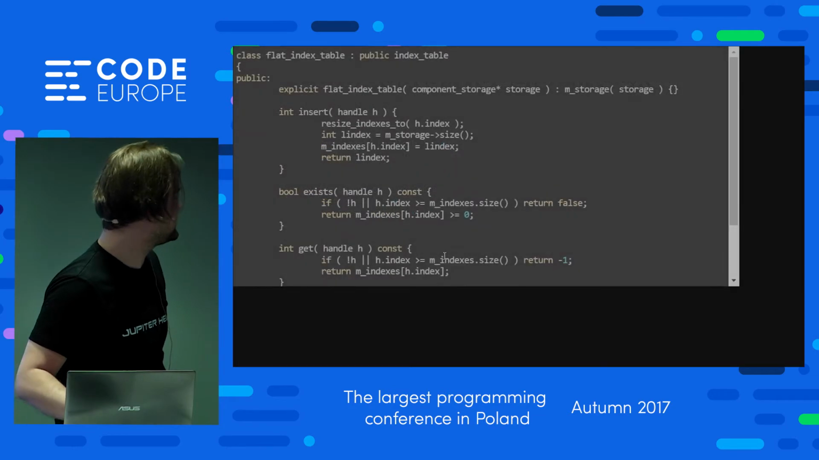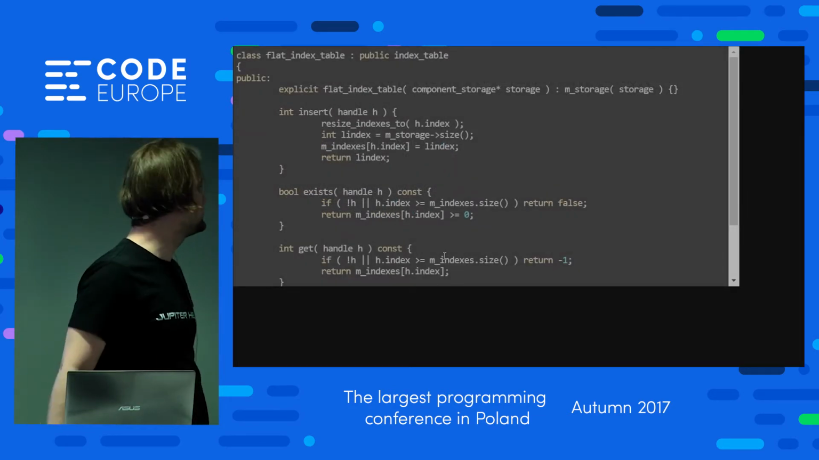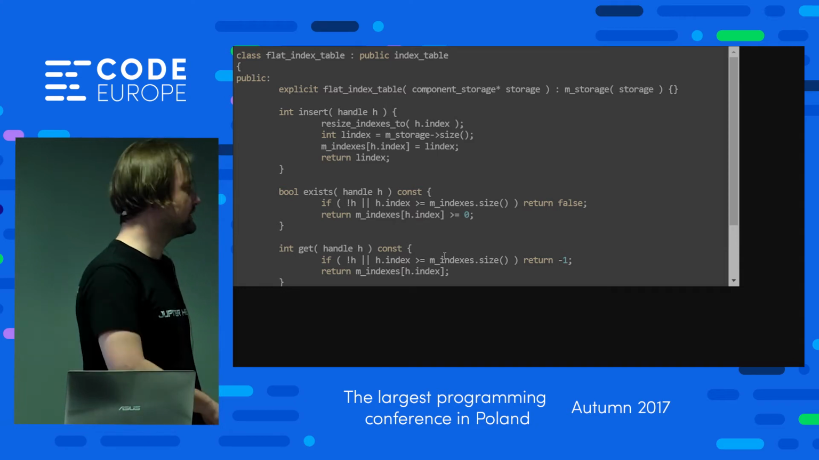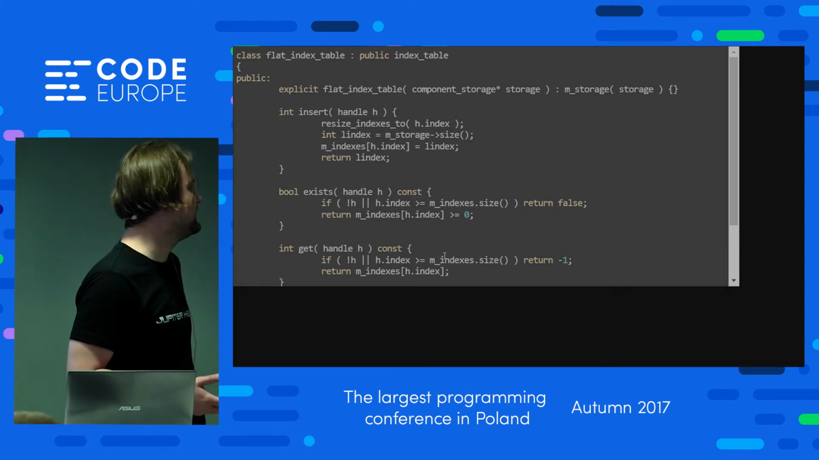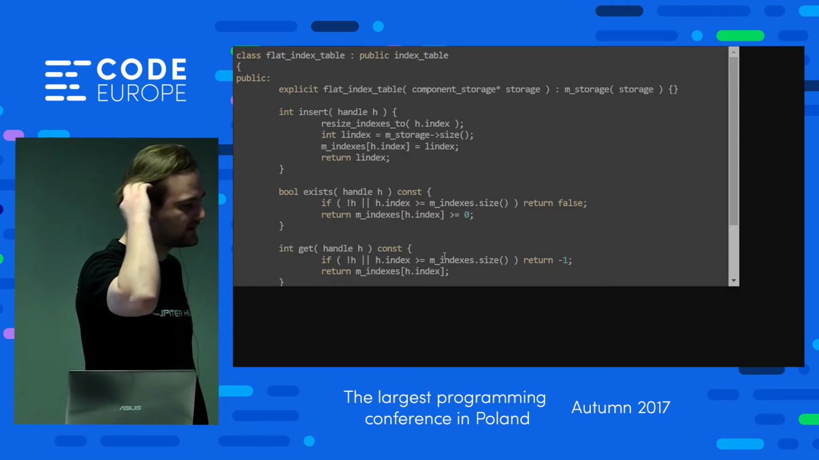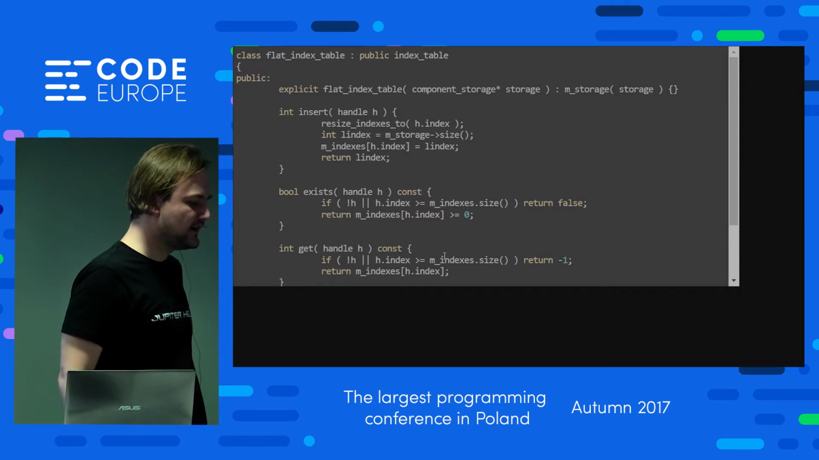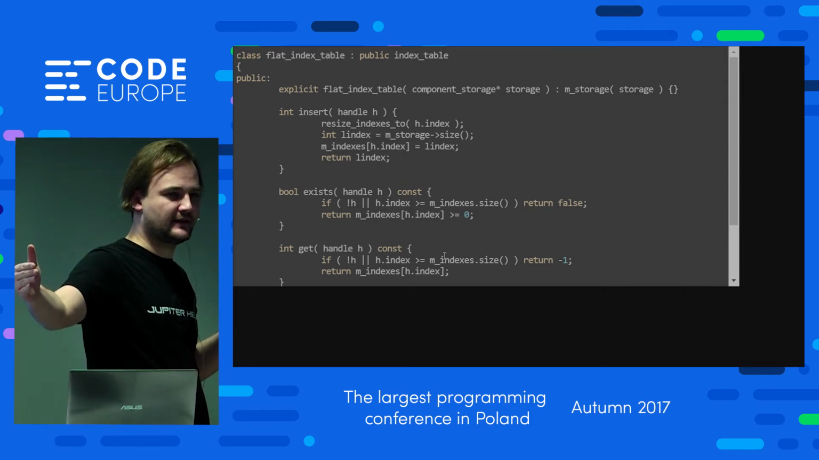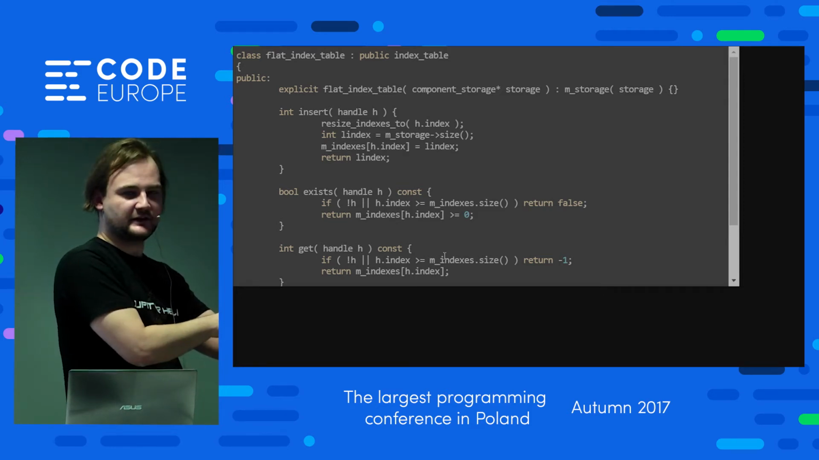And we've got the index table. This is a simplified, abstract interface of the index table. Why do we use an abstract interface? Because we've got several implementations of the index table. The basic implementation stores an array which is as long as the biggest index, and basically is a lookup table into the component